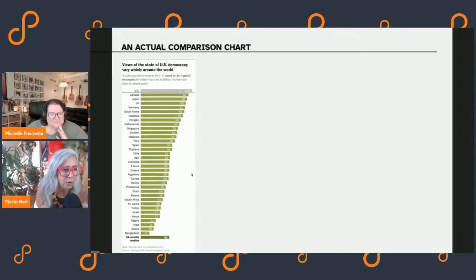It's about views of the state of US democracy, the way that views of US democracy vary around the world. Be interesting to have this survey now. I think this is from 2024. Anyway, it's a horizontal bar chart that has, I don't know how many, so many countries on it.